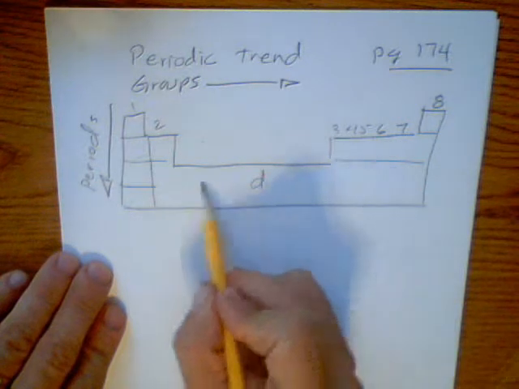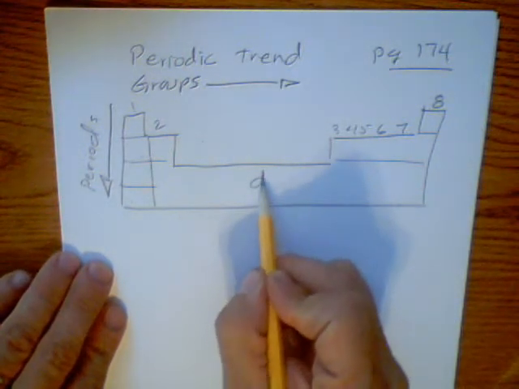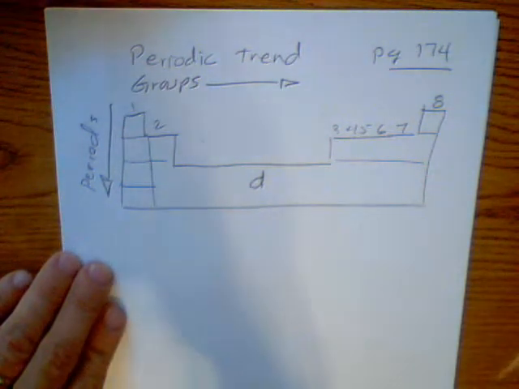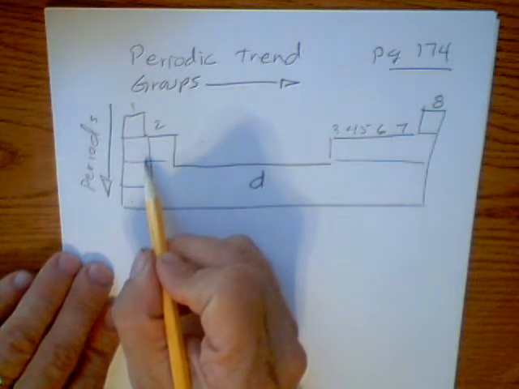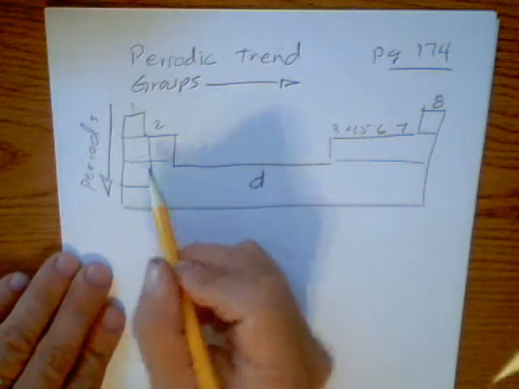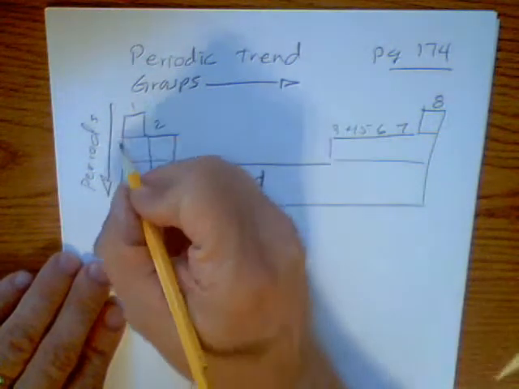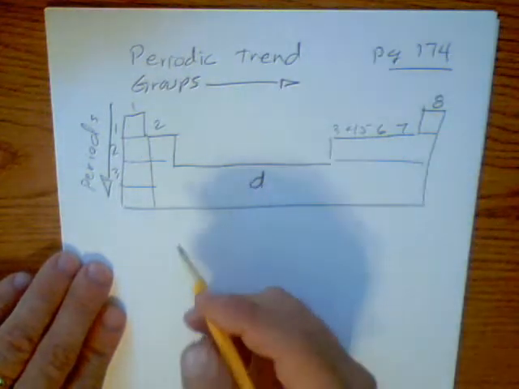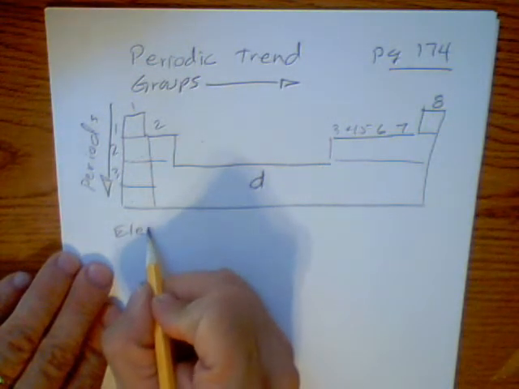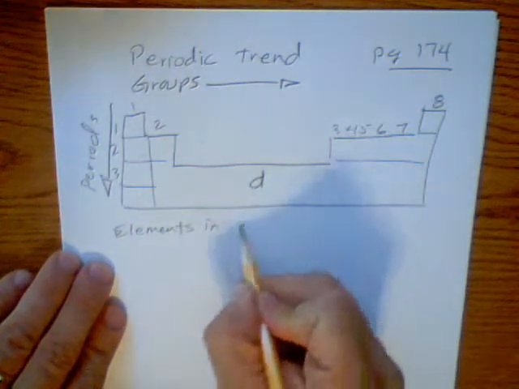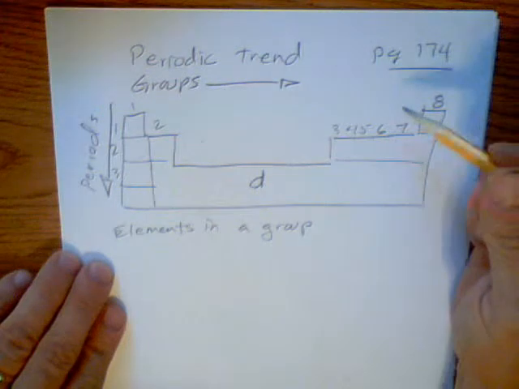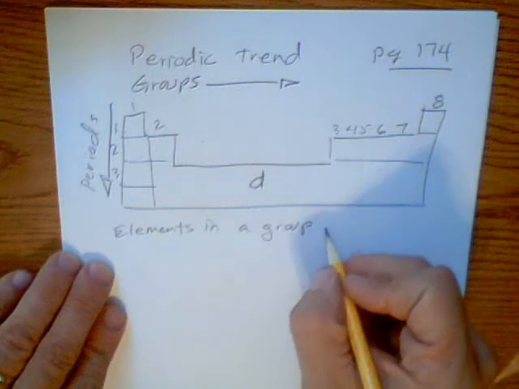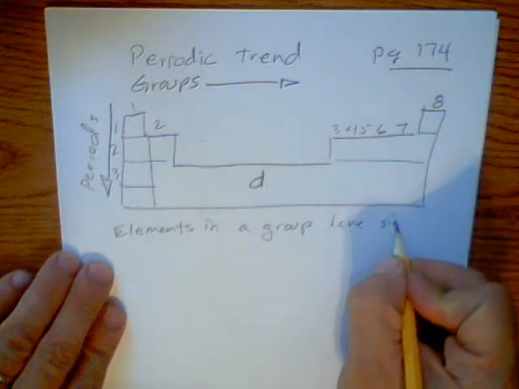These transition metals here occupy the D sublevel. And the elements over here in the alkali metals and the alkali earth metals have electrons in the S sublevel. Now, if you go down periods, the period 1, 2, 3, which are rows, that's the principal energy level. And elements in a group, these are groups, these are periods, my apologies, within a group have similar